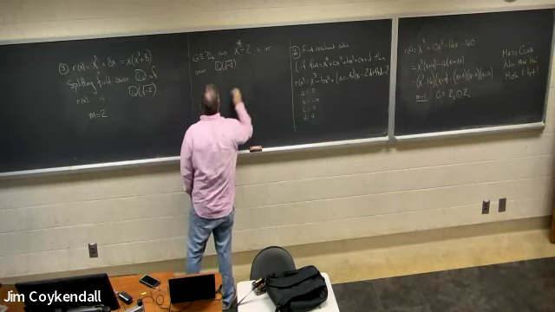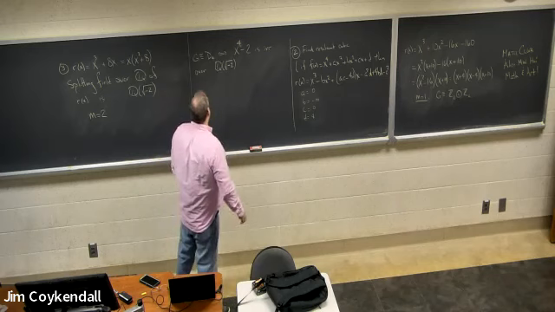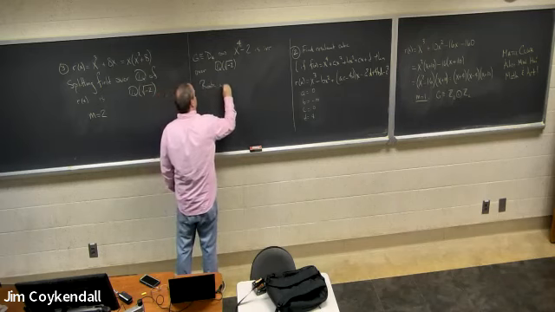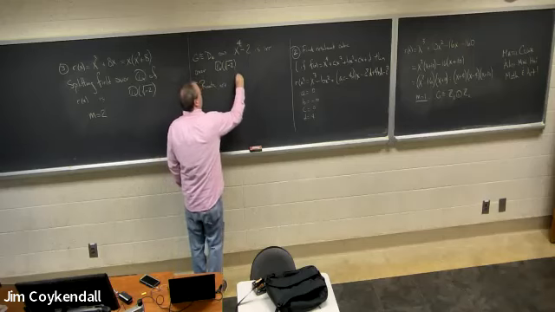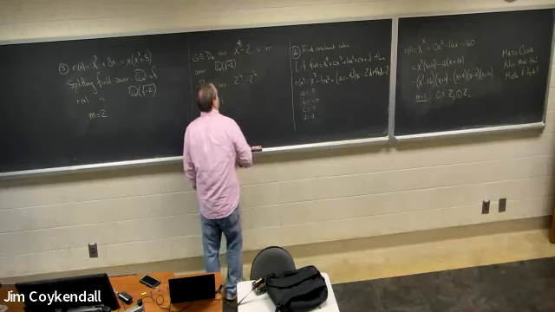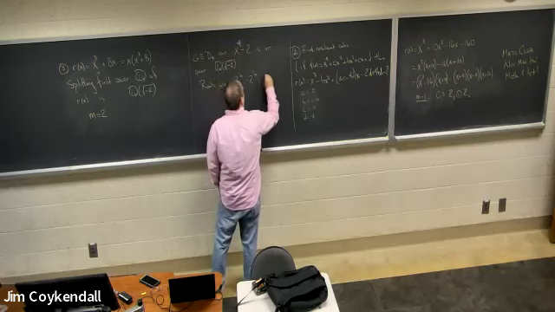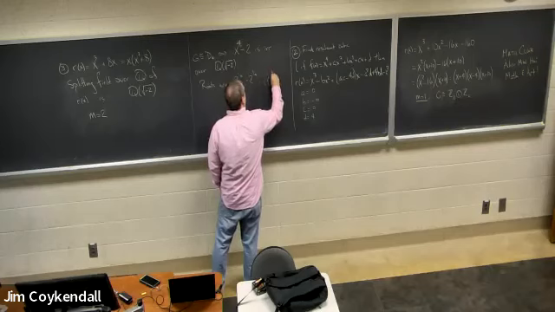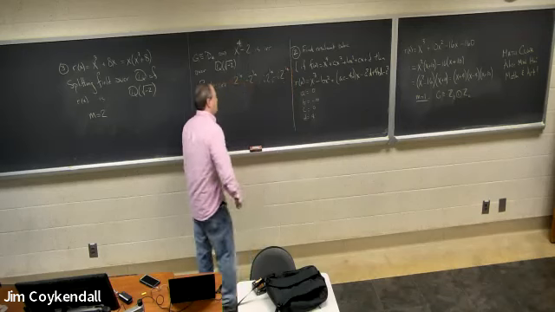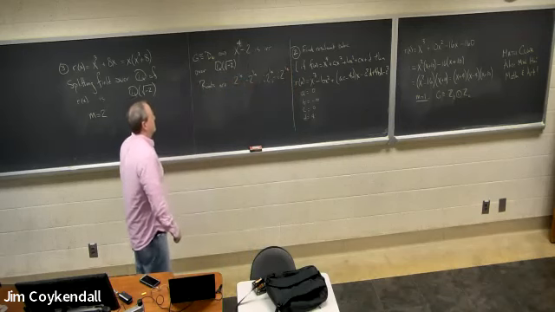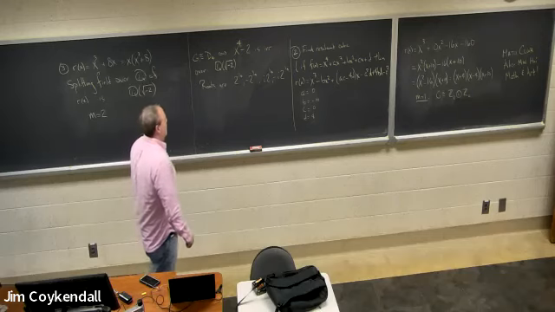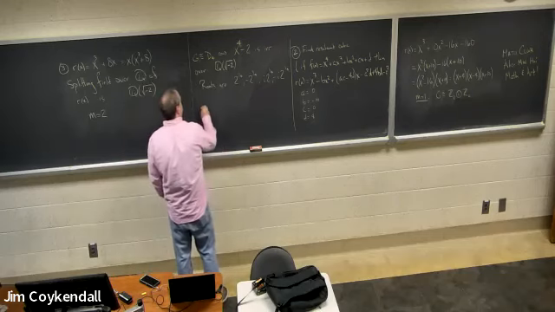So the roots of this polynomial are 2 to the 1/4, minus 2 to the 1/4, I times 2 to the 1/4, minus I times 2 to the 1/4, right? So the factors are